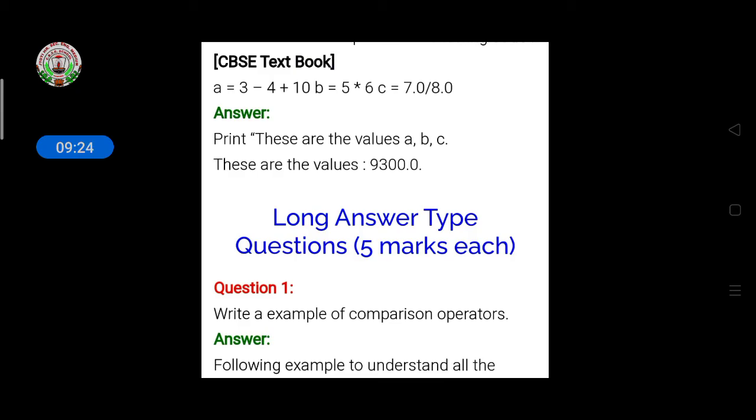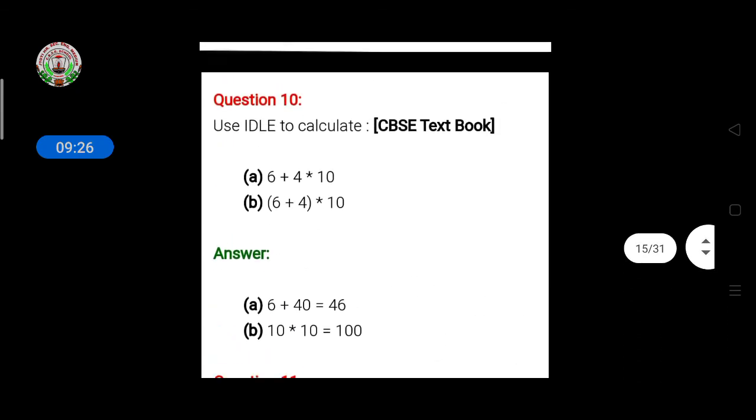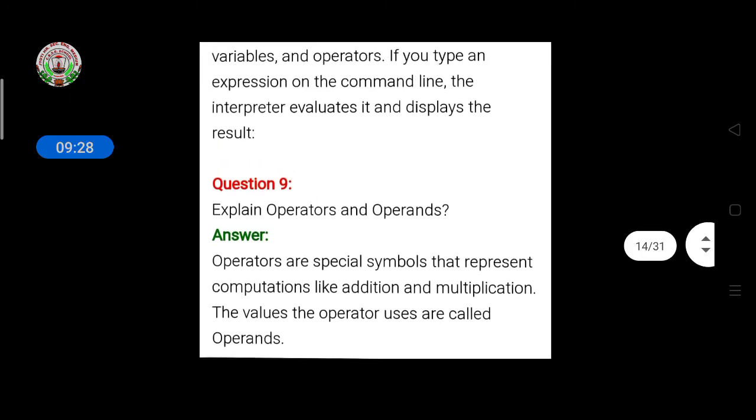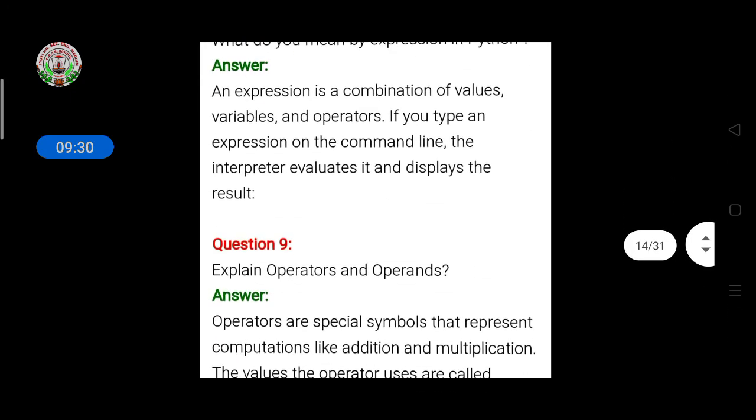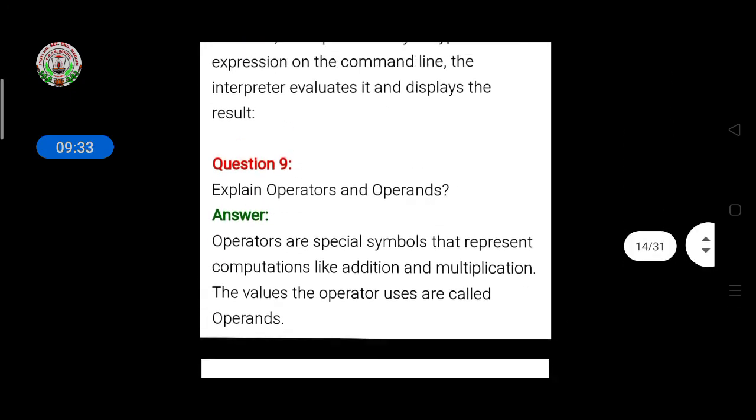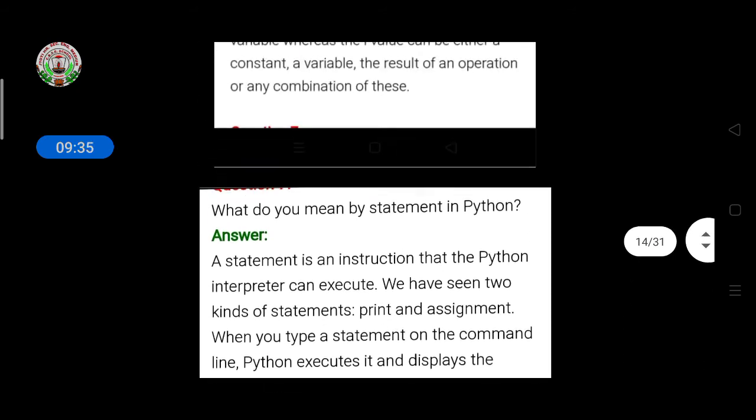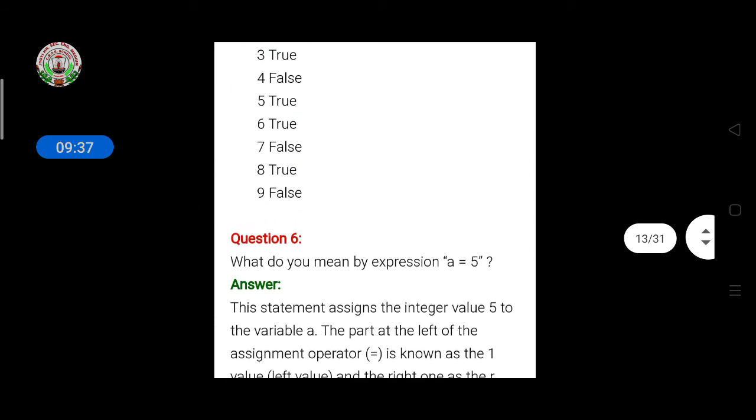So go through all the questions, and if you have any doubt, then message me. If you have any doubt in any question or any topic, message me, and one by one I will clear your doubts. I also have to complete the notes and the syllabus.